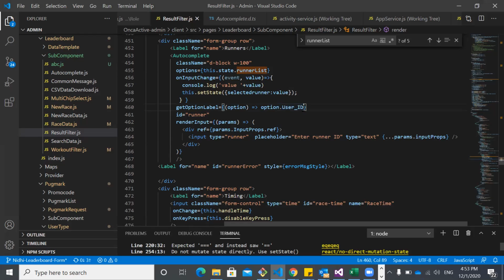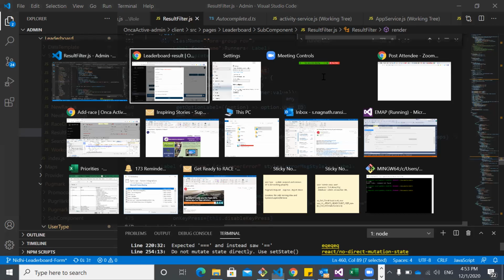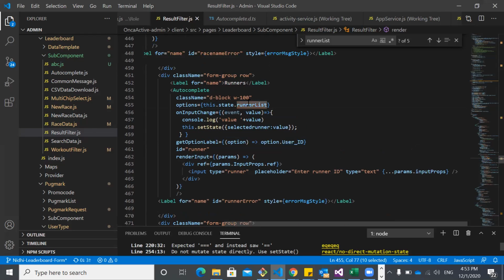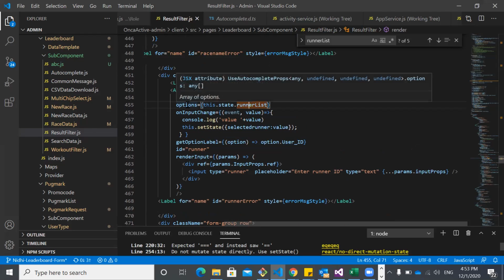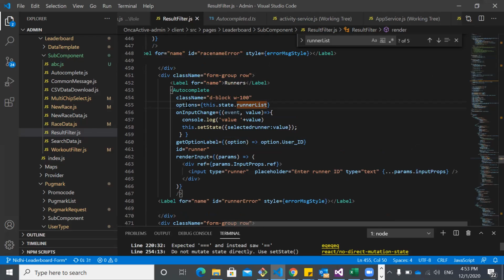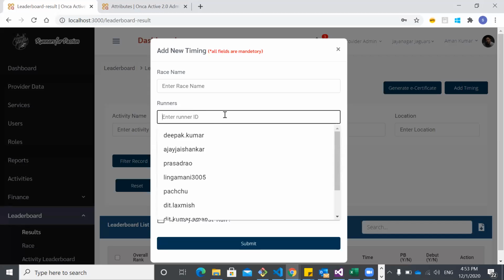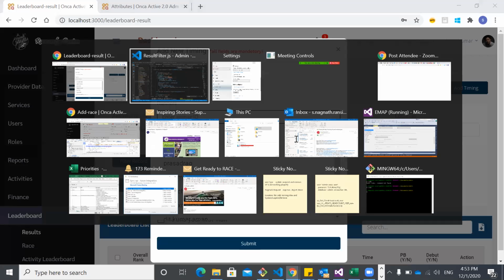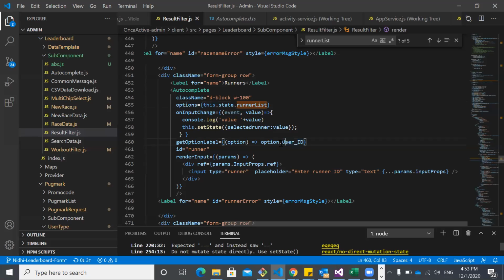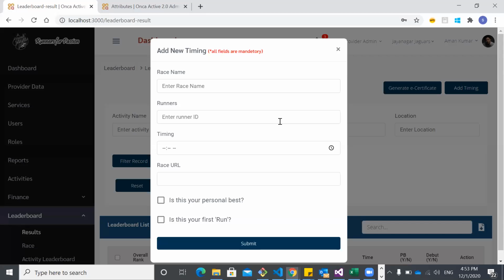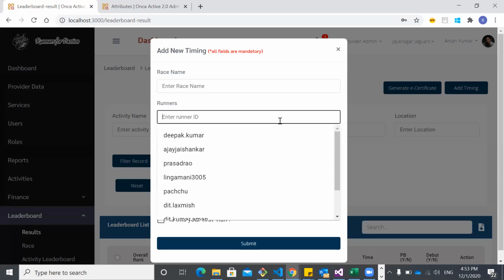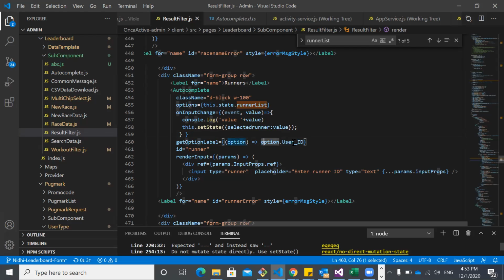If we miss this option dot user ID, meaning this variable after the dot, then this list which we are seeing over here will not come. For that, we have to check the data coming under the runner list, which we are storing under options. Then we have to validate under which column or variable the data we want to display is coming. Suppose user ID is something like 1, 2, 3, but that is not what comes here. Names are coming under user ID, so we have bound option dot user ID.